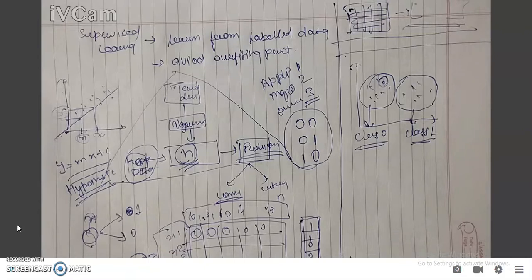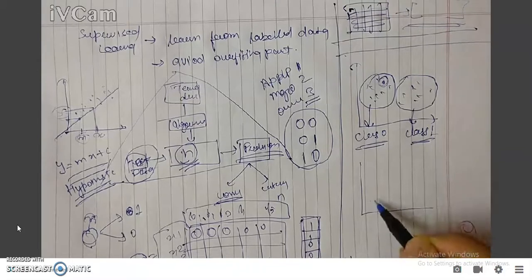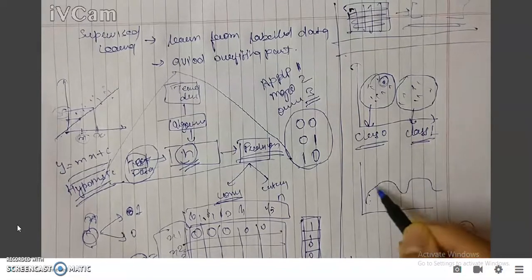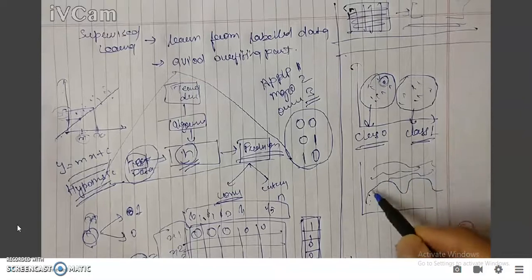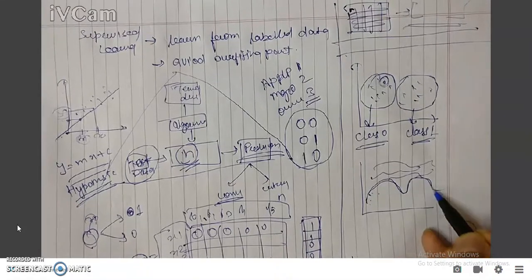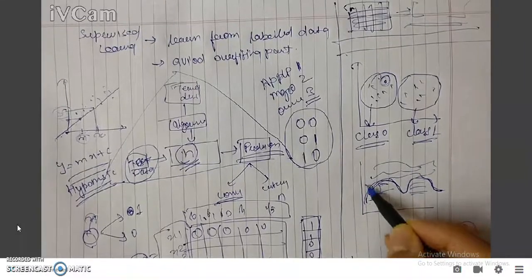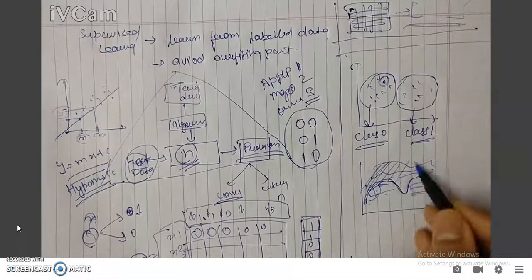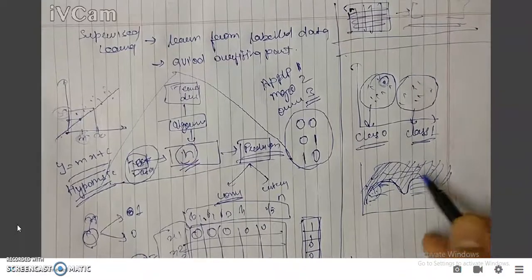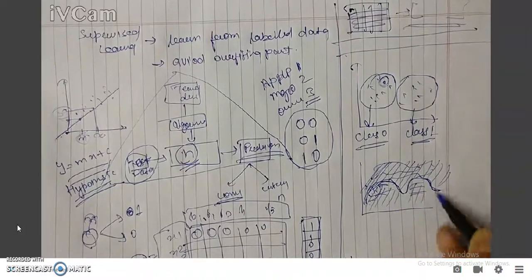There could be some more basic problem sets for unsupervised learning, like object segmentation. What is object segmentation? Suppose there is an image of a mountain and there is a sky. We can differentiate between the mountain and sky by the pixel values. These pixel values would be the same for the mountain, but across this border they would be different. So our model will be able to classify this as one object and that as a different object, right?